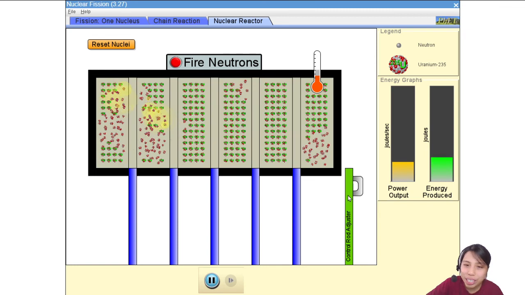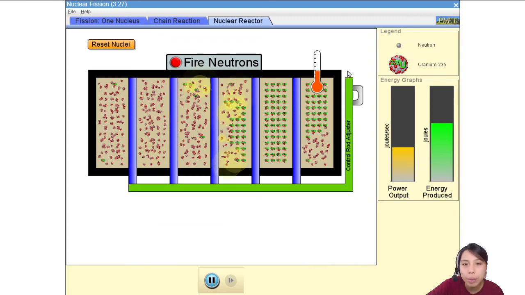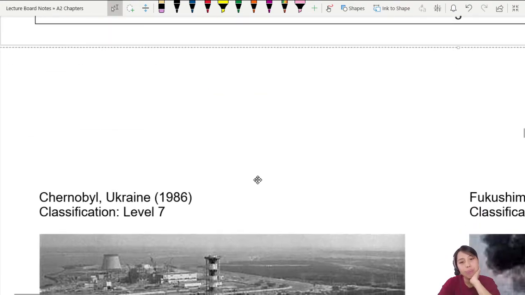Unfortunately, there also have been disasters related to this. See, if I take the control rods all the way out, there is a much larger power output, but it is also very dangerous if your nuclear reactor cannot contain this energy, or if some explosive stuff happens inside there. So I'm going to insert it all the way in. We call this scramming the reactor. Once we stick the rods in, the reactions should calm down and the power should drop back down to 0. So yeah, we can control fission pretty well, but